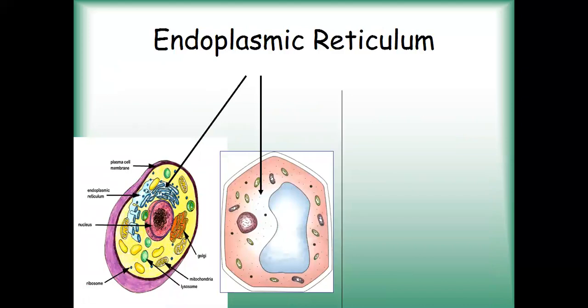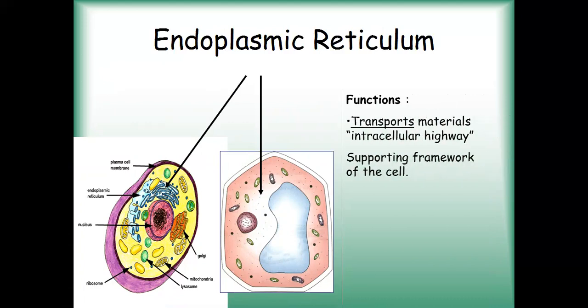Endoplasmic reticulum is a very fine structure, so it is only seen through the electron microscope. We cannot see endoplasmic reticulum in our normal microscope. Now the functions of endoplasmic reticulum. They help in transportation of materials. It forms a supporting framework of the cell. Why does it form a supporting framework of a cell? Because it helps in distribution or transportation of materials from one cell to the other. So these are the functions of endoplasmic reticulum.